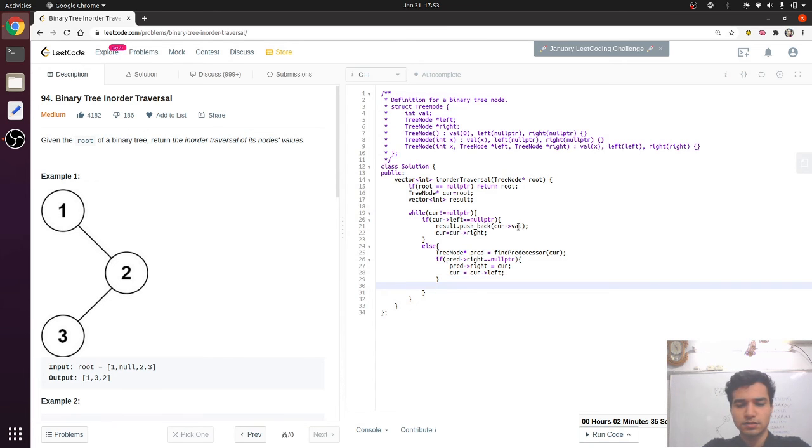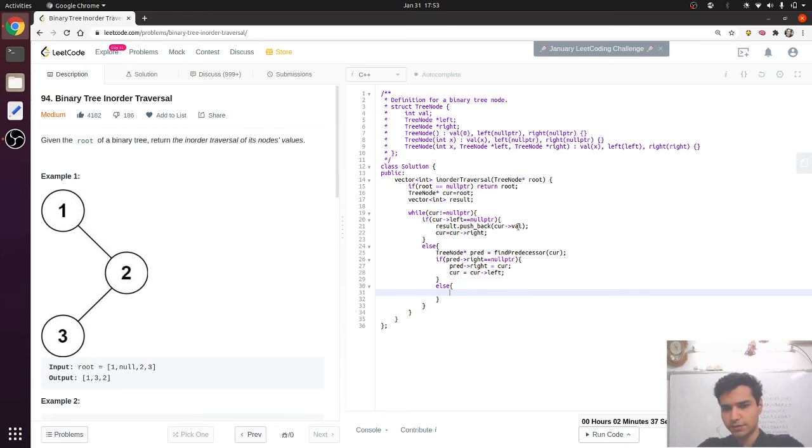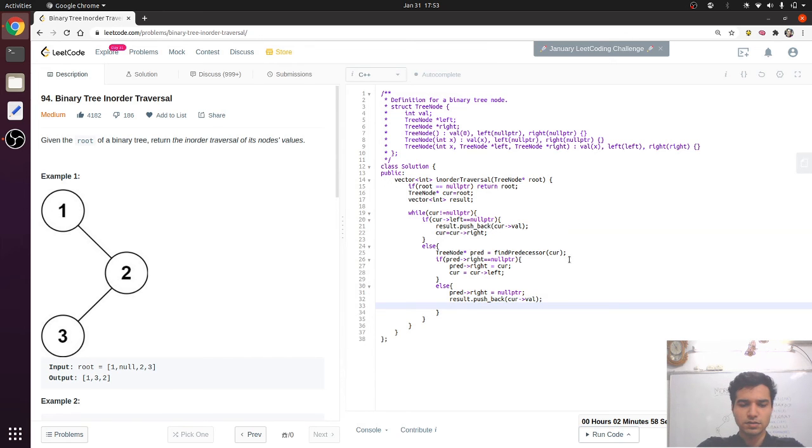Else, if we have found its right is not null, then we have to restore. Restore this predecessor to null pointer. We have to add the current node, and we can now go right.